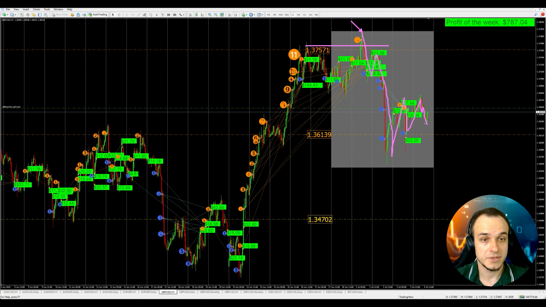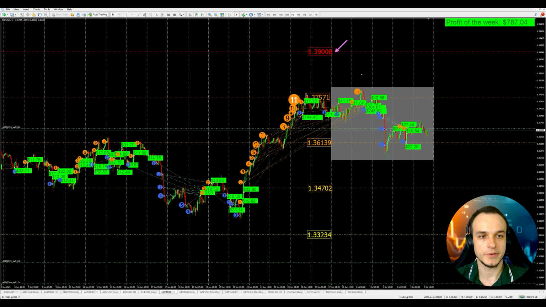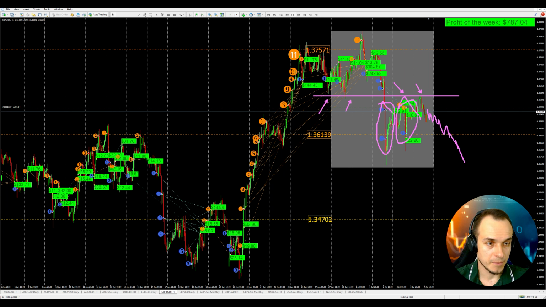And this is really good news because we were very close to our stop loss at 1.39. But after the news release on Wednesday, we had the US unemployment rate, then we had non-farm payrolls on Thursday. We can see that the price started to decline and we didn't break through the previous local lows, meaning that the reaction to this news is positive for us. It means that it's negative for the British pound,